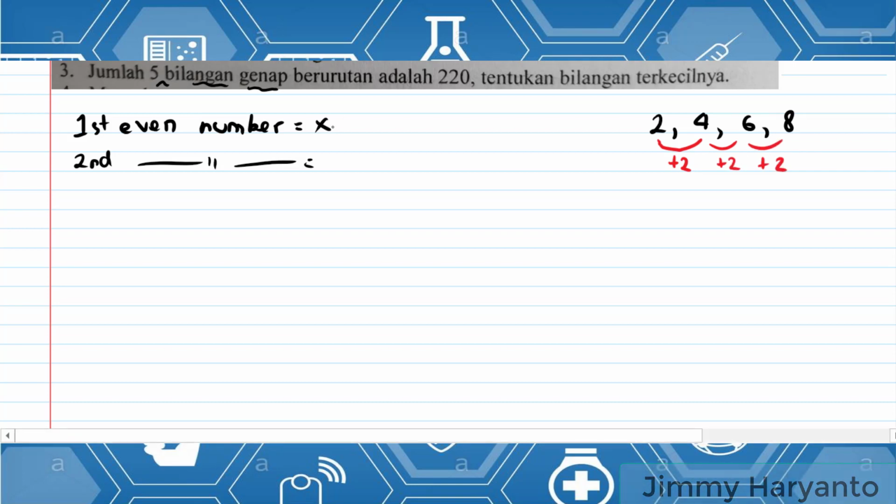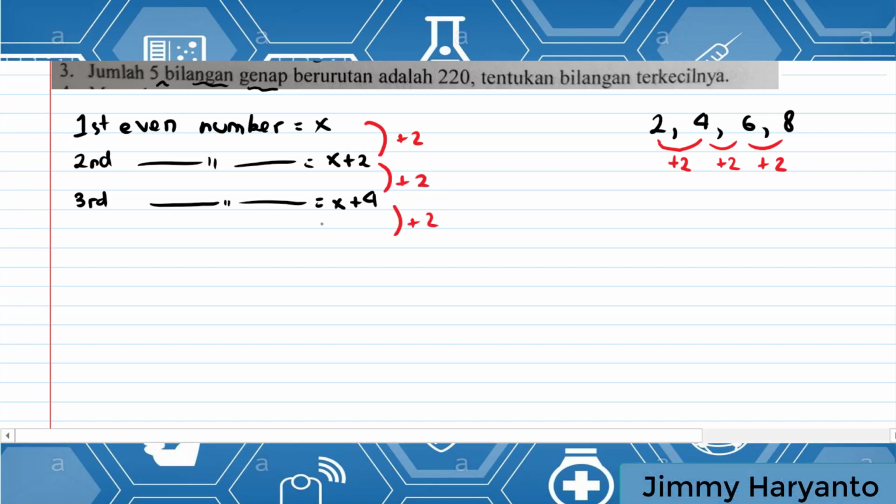So if I have the first even number as x, the second number will be x plus 2, ya, and then the third number will be x plus 4, ya. This is plus 2, this is plus 2, and then plus 2 again until we get the fifth number. The fourth number will be x plus 6, the fifth number will be x plus 8. So there you go, we have all of the numbers and the sum is 220. So we have to add them together: x plus x plus 2, x plus 4, x plus 6, x plus 8